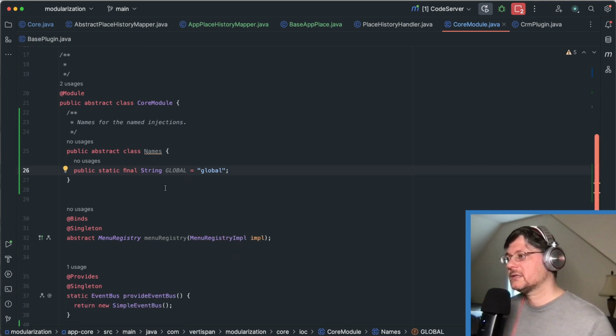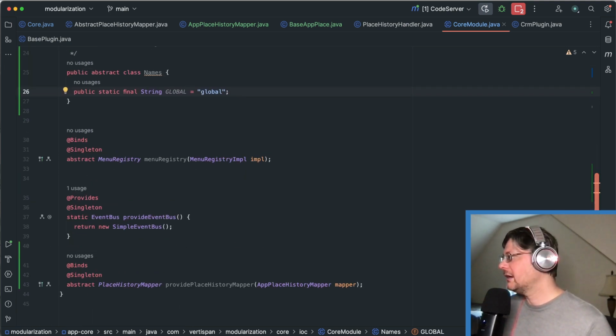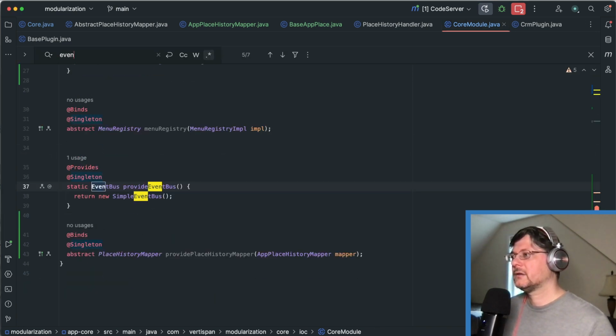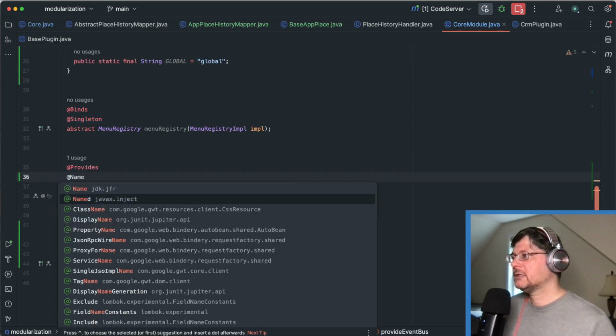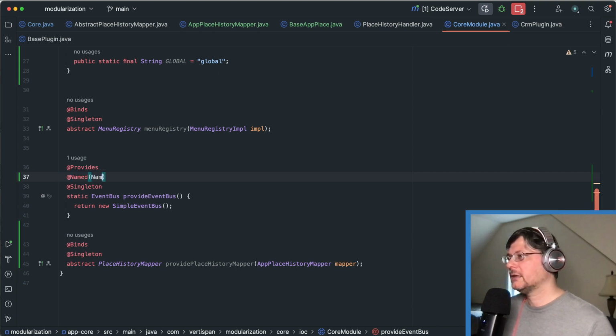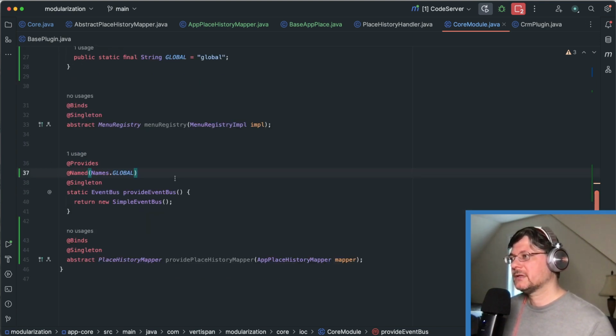I like to at least create some sort of constant for this. So that allows me on the event bus, make this one named, and then put names global. And it does have to be a string, and I wish it supported something else, but strings is what it supports. So then we have to make sure that anywhere that we're getting injected with the event bus,